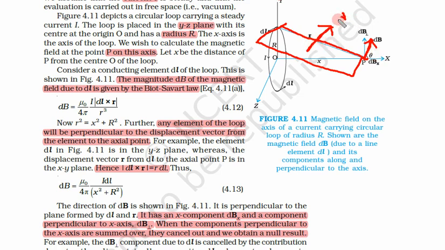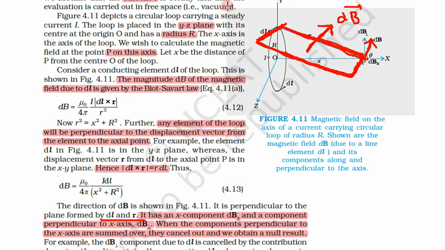So this is the direction of dB, the magnetic field. The magnetic field is perpendicular to both this dl and r because it is a cross product. So it is perpendicular to both dl and r. So this is the direction of dB. It is perpendicular to the plane formed by dl and r. So here I have shown a plane formed by dl and r, and it is perpendicular to both of them,